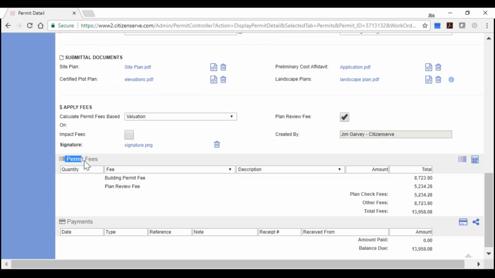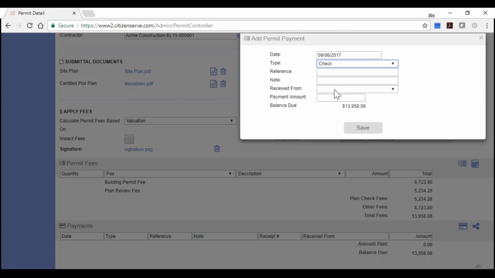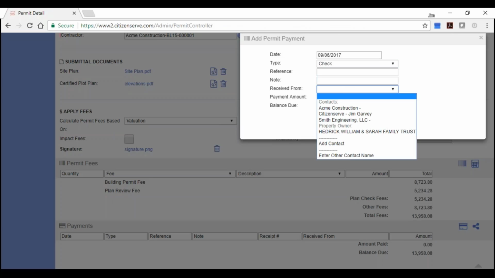We've got our permit fees down here, and we can recalculate fees if we change something. We can also add manual fees if we want. Let's take a payment. I'm going to go in here and take a check, and we're going to show you,